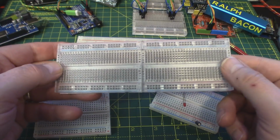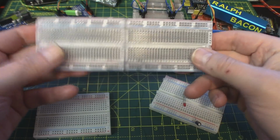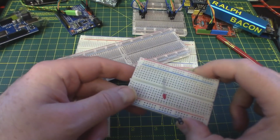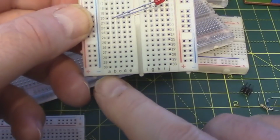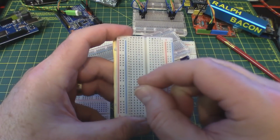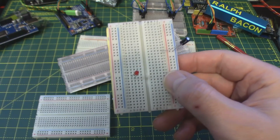Get yourself some decent breadboards, because I think we have enough frustrations getting these things to work without the breadboard letting us down. In fact, the two I threw away were a few years old, a bit like this, although the letters on the bottom were in capitals, not in small letters like this. And I'm pretty sure that the contacts inside had corroded to a degree,